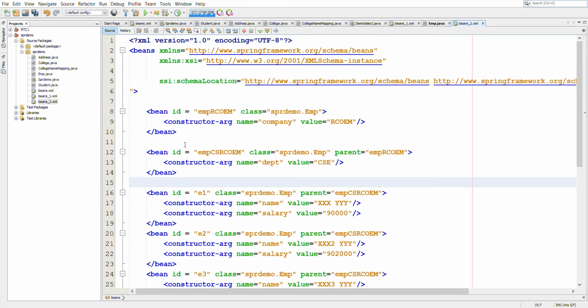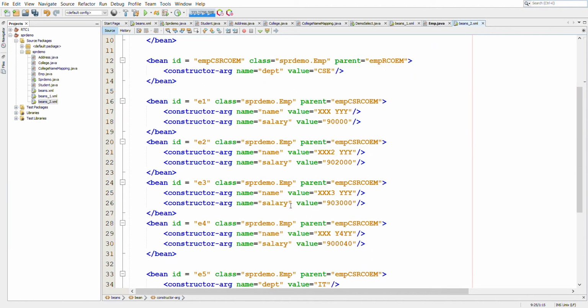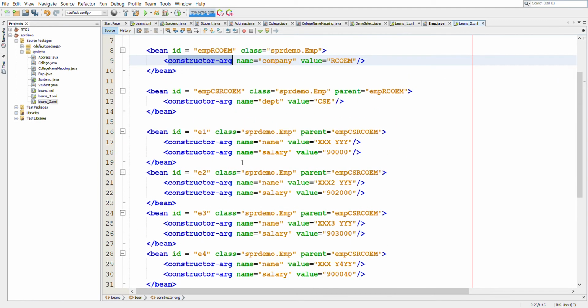Now, we can also use bean inheritance when we are using constructor injection. Like here, you can see that instead of the property tag, everywhere I have used the constructor-arg tag now, which means that we are creating these beans using constructor injection. Earlier we were using the property tag, which is setter injection, and we had separate setters for each of the attributes already created in our class. That is why our code was working correctly.